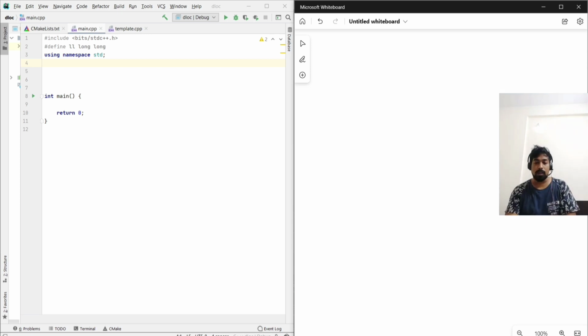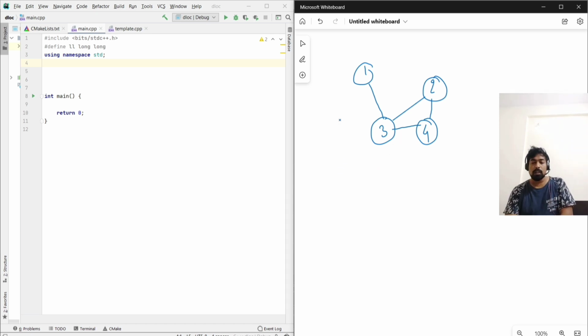Basically, let's say you have a graph like this: 1, 2, 3, 4. Now 1 is connected to 3, 3 is connected to 2, 2 is connected to 4, and 3 and 4 are connected. If you want to store in adjacency list, so for each element,